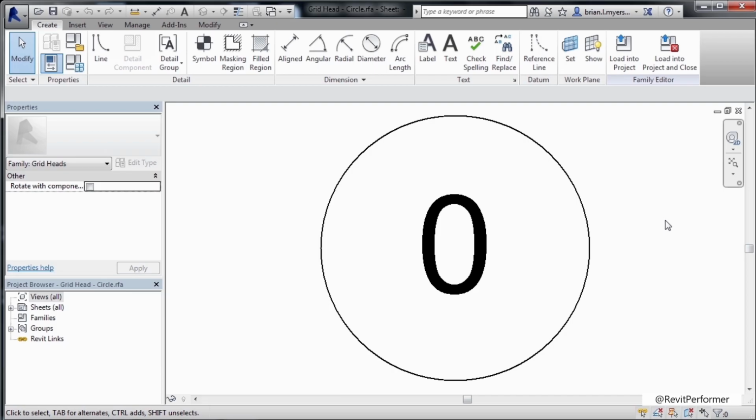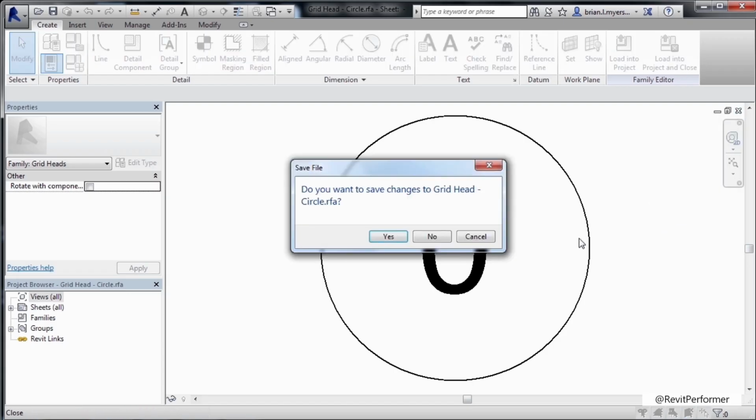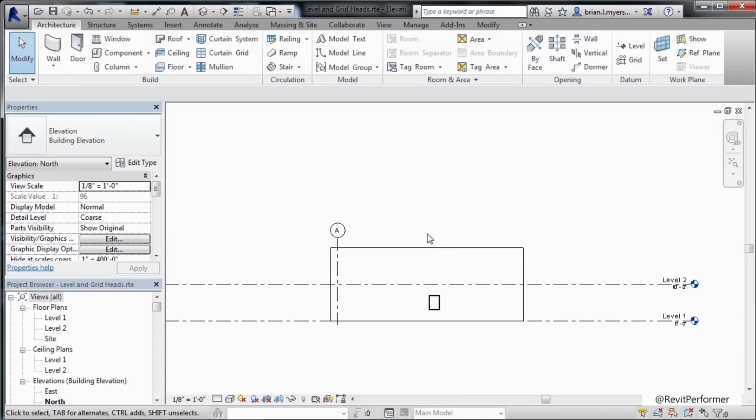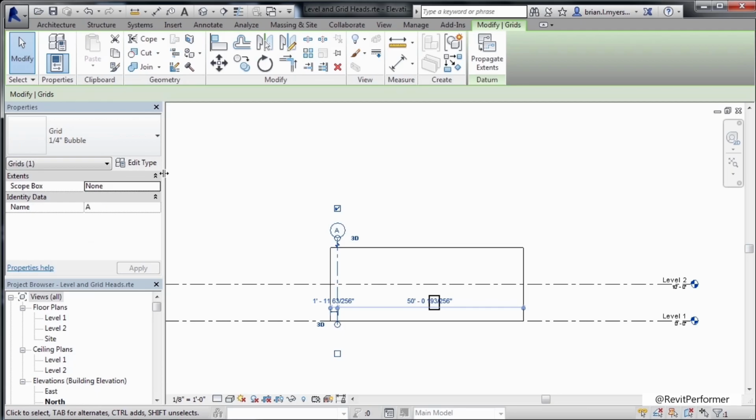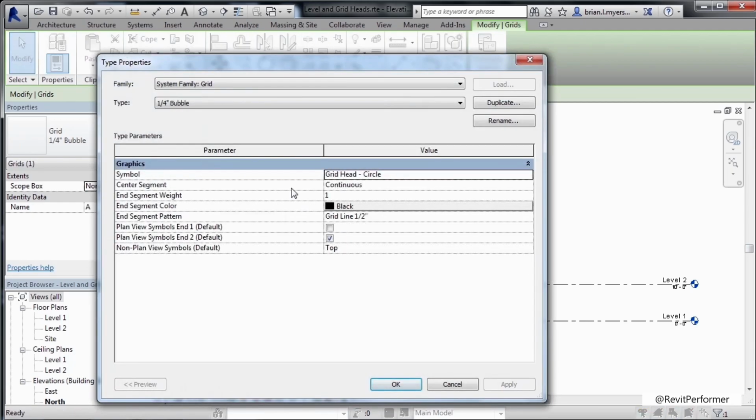Now I haven't actually made any changes, so what I'll do is I'll just click on the little X here in order to exit out. I don't want to save any changes, so I'll select No. But if we had made any changes, we now see those update for that structural grid. If we wanted to choose a different family instead of the one that we just modified, we could do that as well. Just select the structural grid, come over here to Edit Type, where it has Symbol. You can click in there and then pick a different symbol off of the list